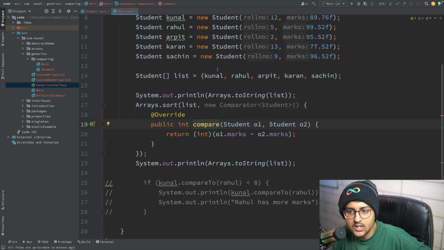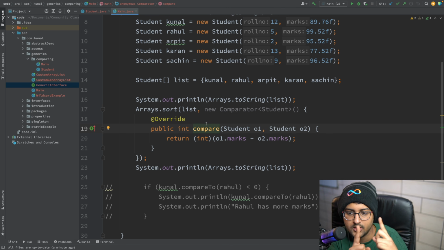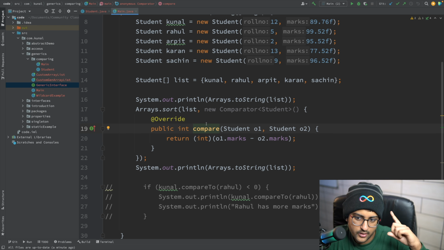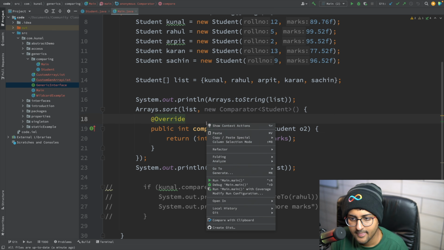So it's going to do the internal sorting algorithm, whatever it uses. To check whether o1 is less than o2, if the value is negative, then it will do whatever it wants. If it is 0, then they are equal, and if this is giving positive, then it will basically just swap or whatever. Run this.